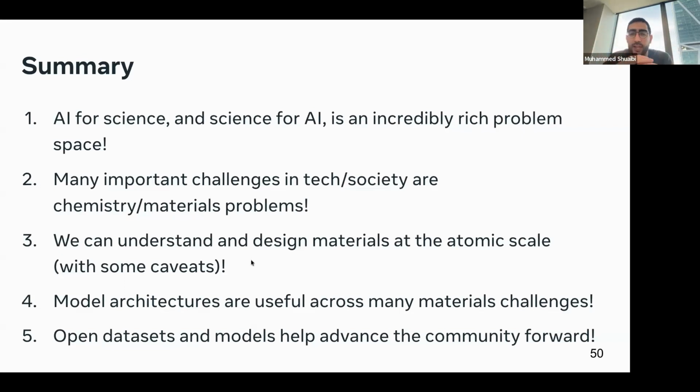For my particular application, we study things at the atomic scale. So that's what we're building models to study. But that's not to say that AI for science is limited to that. I focus on the atomic scale, but I showed you the figure of the various length and time scales, and people are working on building tools for different applications there as well. And really the main thing I want to focus on is the open nature of data sets and models. And I think that is central to pushing the field forward.